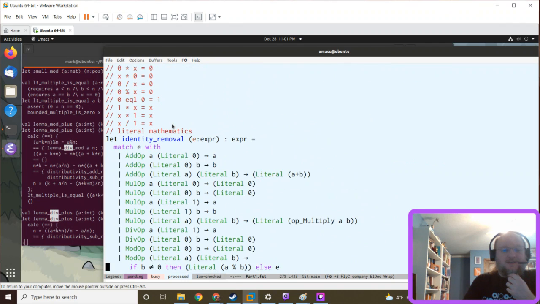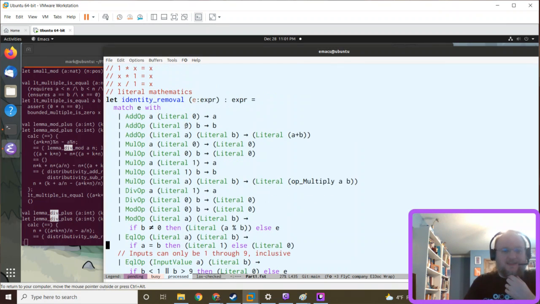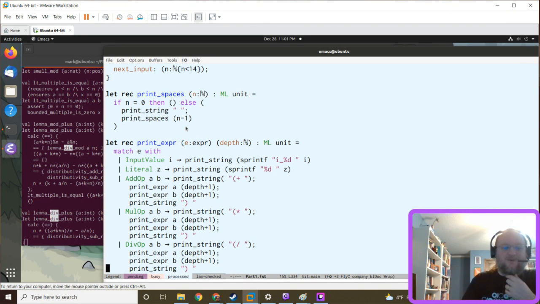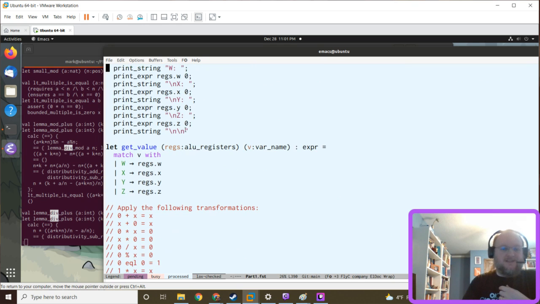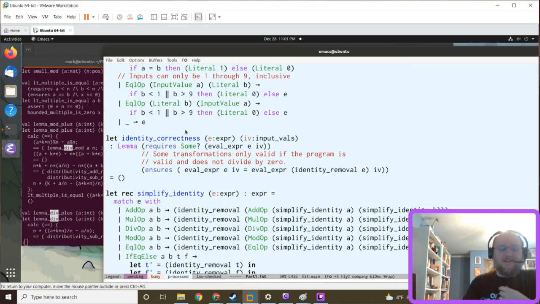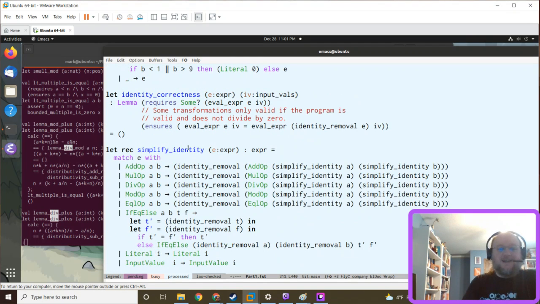So what I've been doing today is writing some correctness proofs of the transformations I make on the abstract syntax tree I've created from the raw instructions. So we build up a tree of what the value of each variable is in terms of the inputs and constants. And we can simplify that doing things like removing identities, and then F* is able to prove that that's